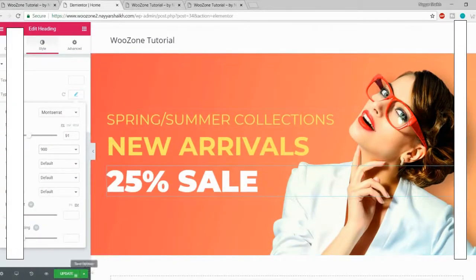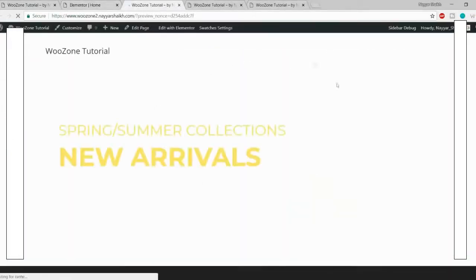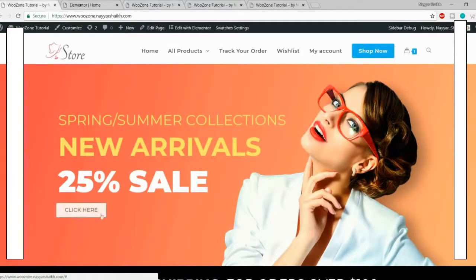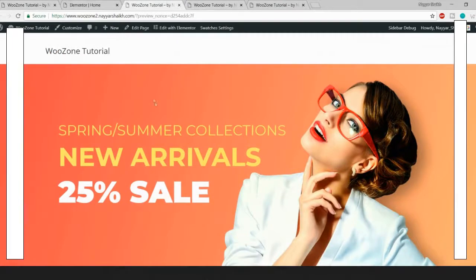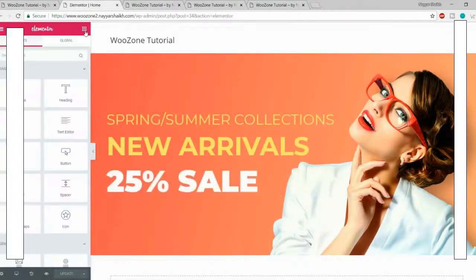So once you're done doing this, you can simply click on update. And if you want to see the changes that you're making, you can click on this I button, this preview changes button, and you will see a new tab and you can see the changes over here. Okay, looking beautiful. Now let's add this button over here, this click here button. Beautiful and simple button, very easy to do. So let's add that. So come again over here on this page, click on this link from here, this icon,